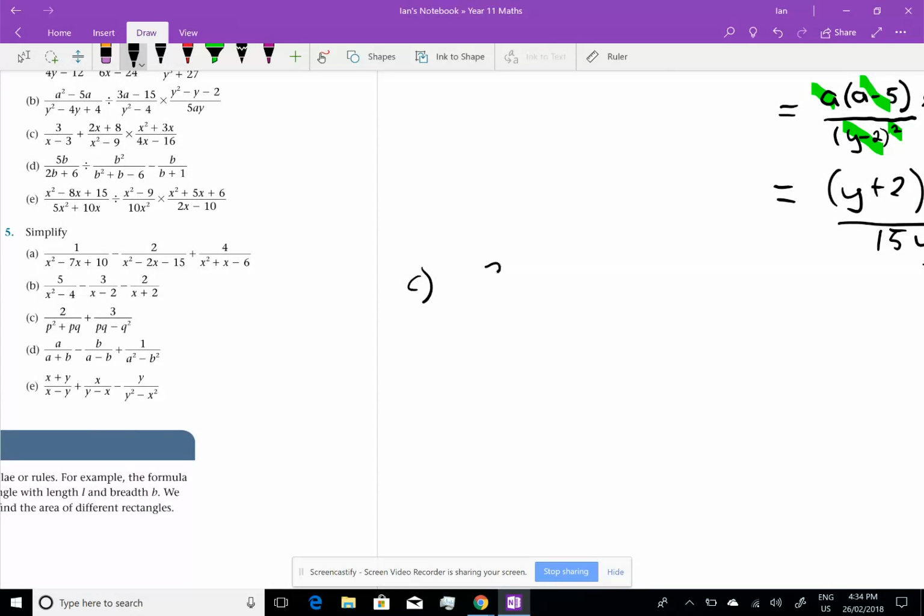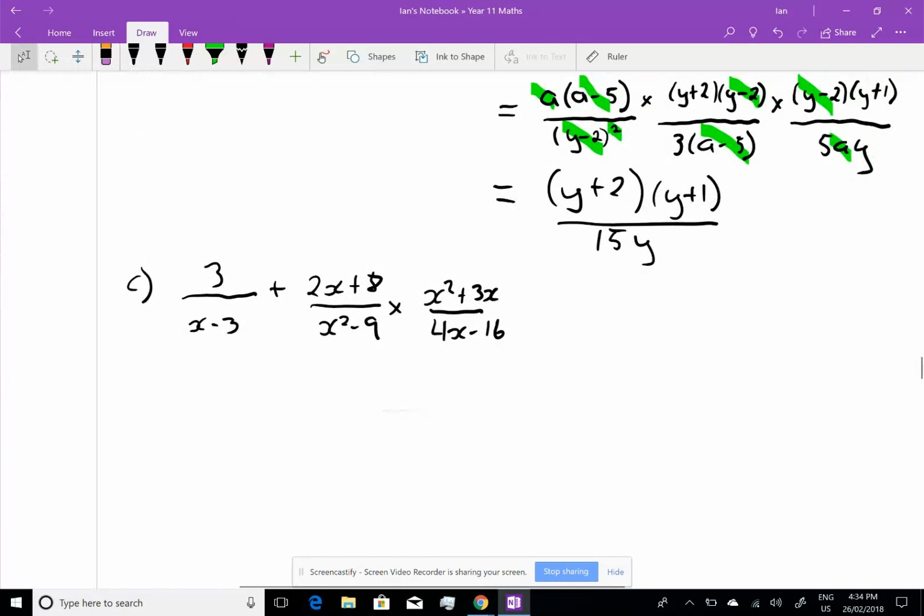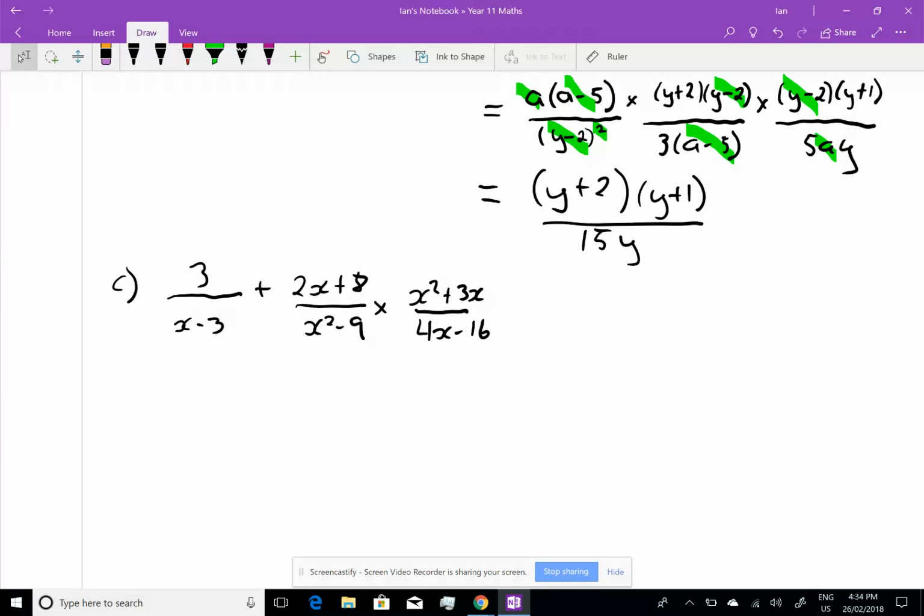What have I got? 3 on x minus 3 plus 2x plus 8 on x squared minus 9 times x squared plus 3x over 4x minus 16. Righto, I've got to do the multiplication first, so I'm just going to leave that addition alone. So I get 3 on x minus 3